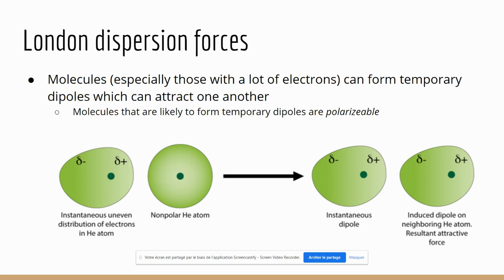So we're going to have this constant motion, and that constant motion produces temporary dipoles, and those temporary dipoles form London dispersion forces. Because they're temporary, they are not as strong at comparable molar mass as dipole-dipole forces